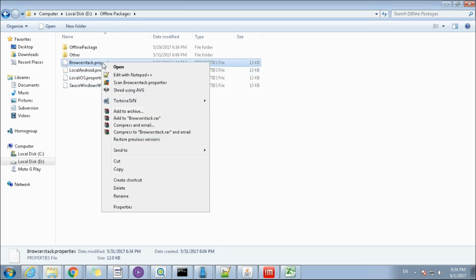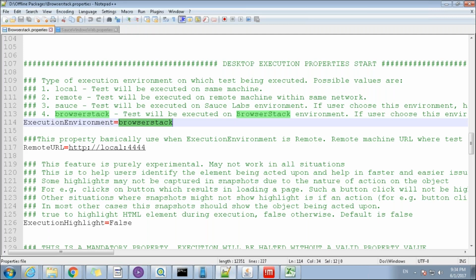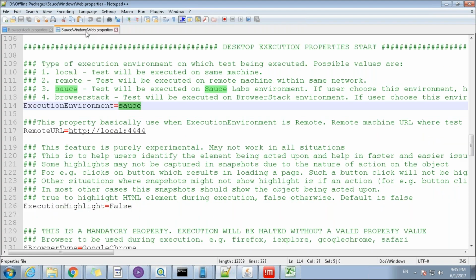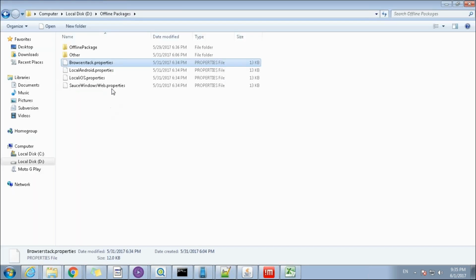So for example, the BrowserStack property file that we can see is pointing to the execution environment BrowserStack, whereas the Sauce Labs configuration file has defined the execution environment as Sauce. So the offline package of Qualisha at runtime picks up these properties and executes the same test case in various environments of your choice.